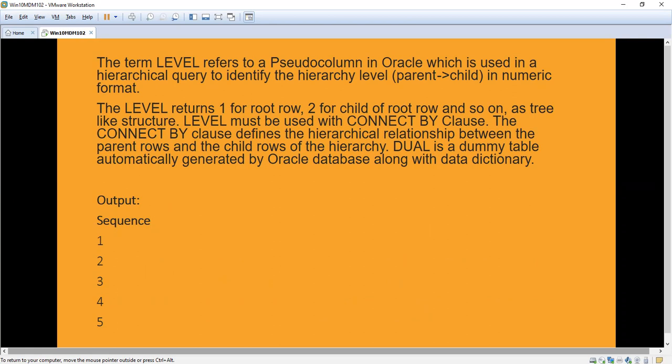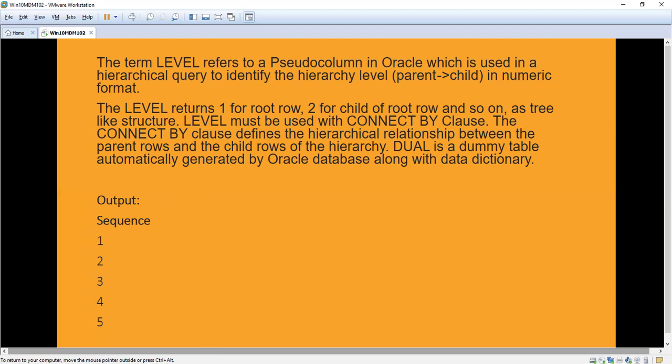Here the level is used in the hierarchical query to identify the hierarchical level, the parent-child relationship, in numeric format. Level returns the number 1 for the root row, 2 for a child of the root row, and so on.